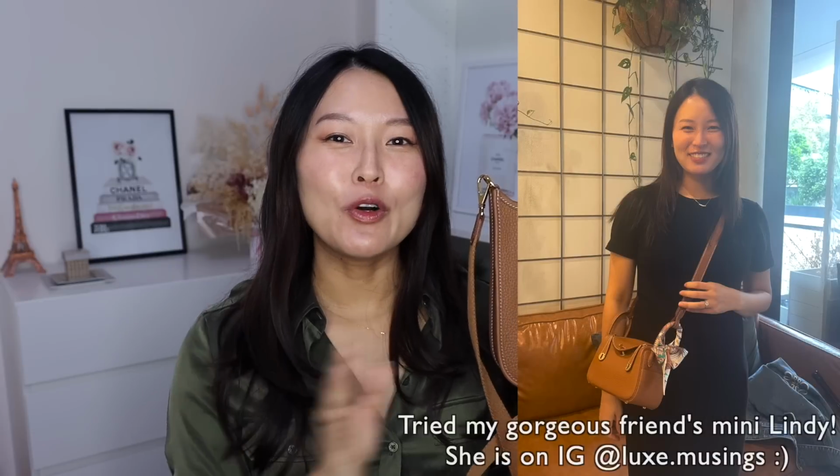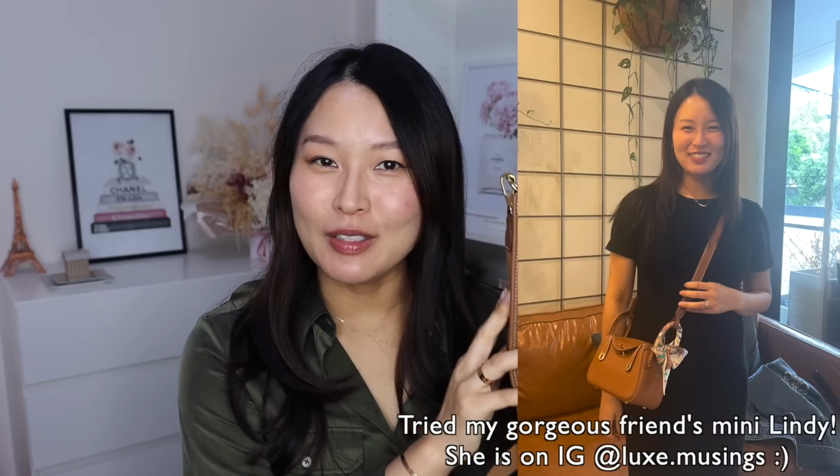I don't have this bag in my collection, but one of my good friends on Instagram just scored this bag from the Hermès boutique here in Sydney, and it is the mini Lindy bag. I think it is the most adorable bag. It is a little more of a substantial bag than the mini Evelyn. Also, if you like the security of being able to zip the bag all the way around and keep everything